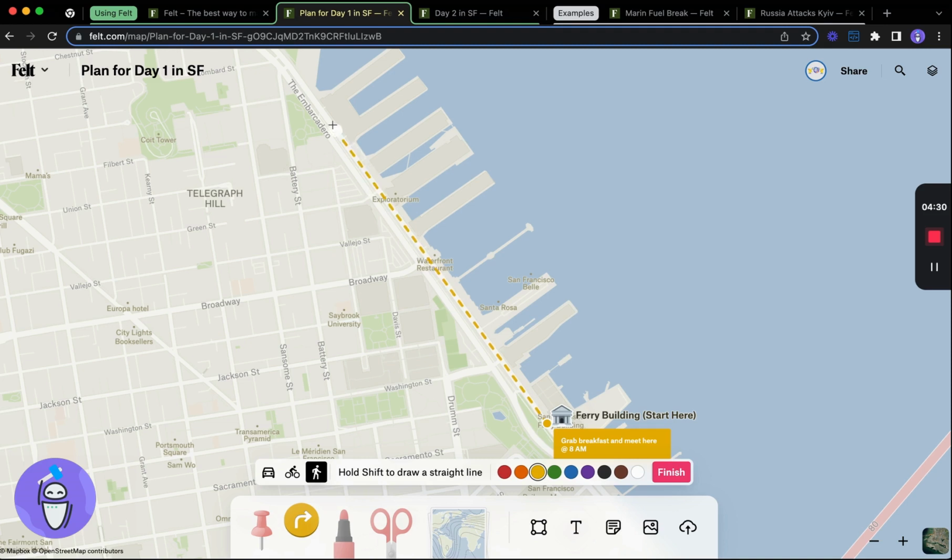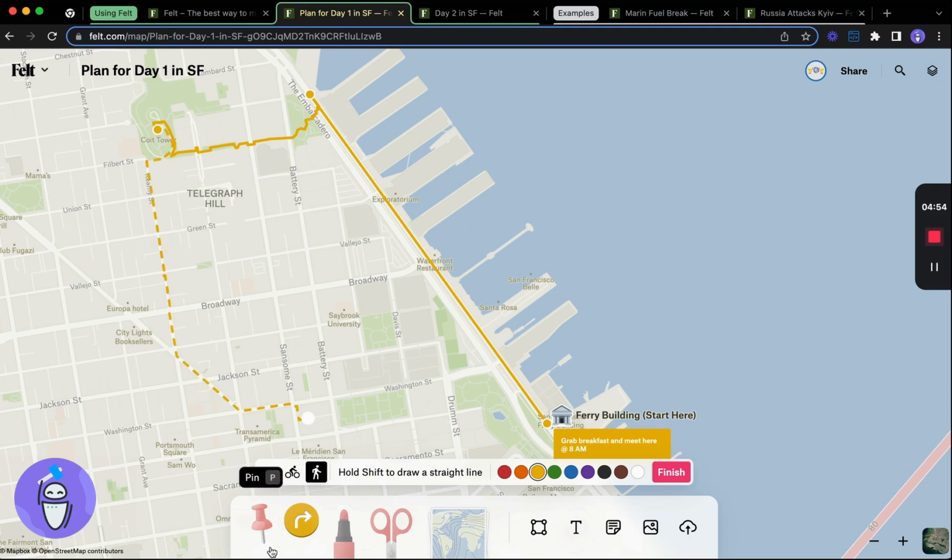So you don't have to hold anything down. I'm just moving my cursor along here. I'm going to set another point. And then it's snapping all of these routes into place, which is really neat. So it's just following the roads there. That might be the best way to get over to this point up here. And so once I've clicked again, you can see it's given this path from the ferry building all the way